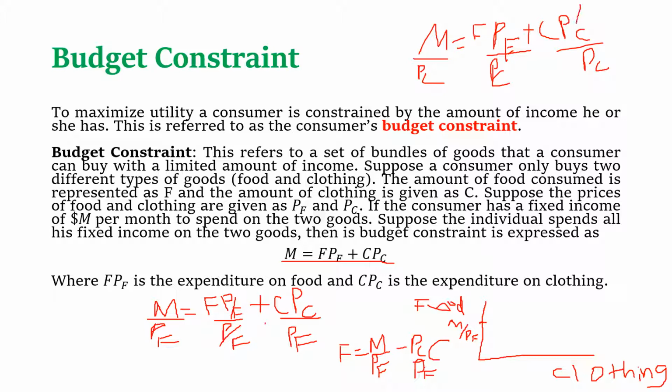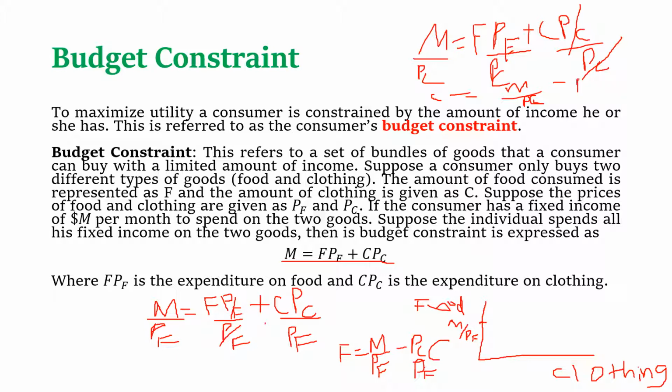Remember PC and PC cancel, so we are left with C. So all we need to do now is to transpose the FPF to the other side of the equation. And if we do that, we're going to have C equals M over PC,